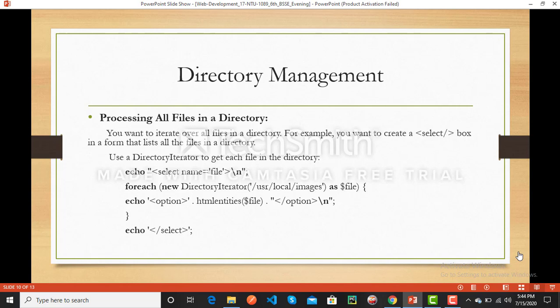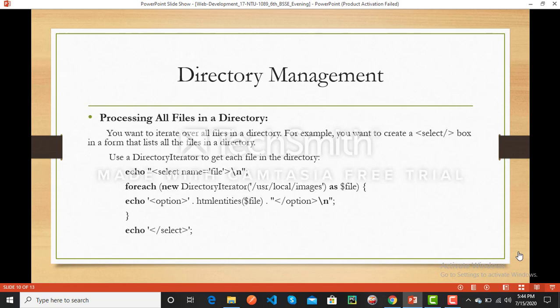For example, if slash user slash local slash image contains the files gif and eggplant dot png, these are the file names. As I already told you, at a time it will upload the image.